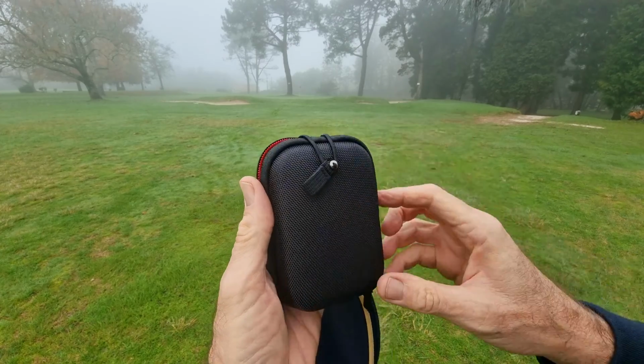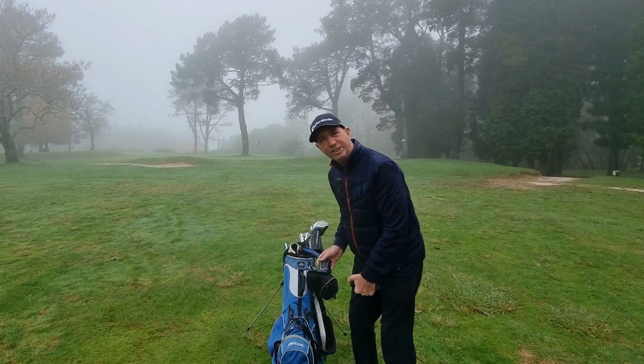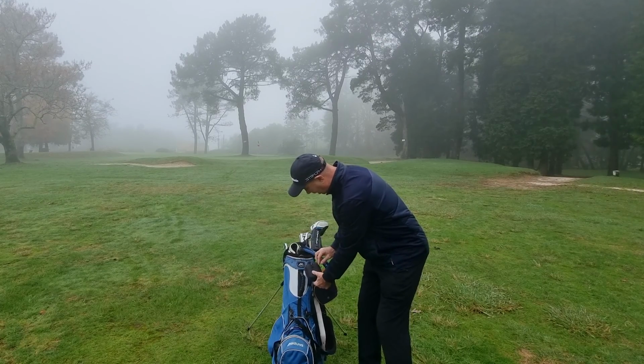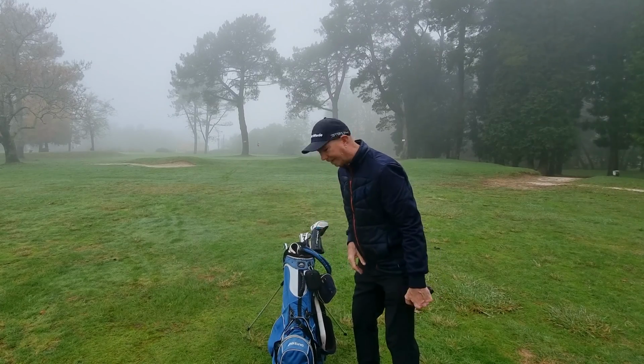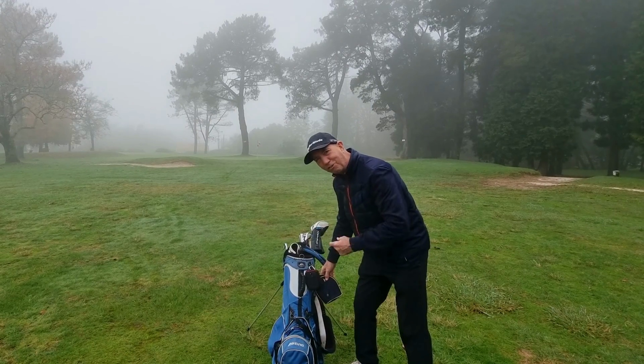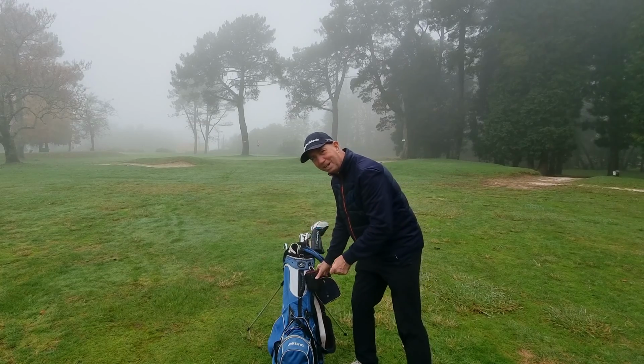Nice and easy to put that on. I like the red touch. First thing though, I definitely like the system of just putting it in there and putting the clip on. That's a really great idea, better than my zipper. And with the pressure of your friends pushing you to go a little bit quicker, measuring the distances,